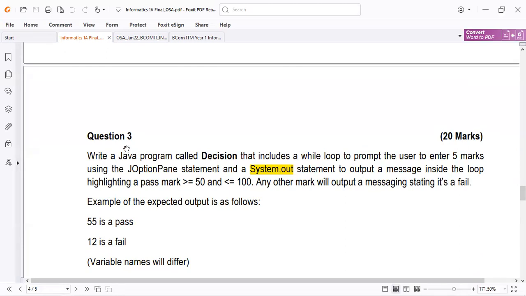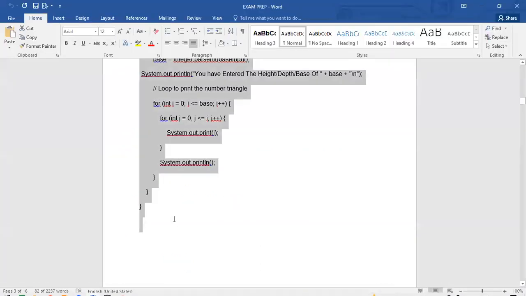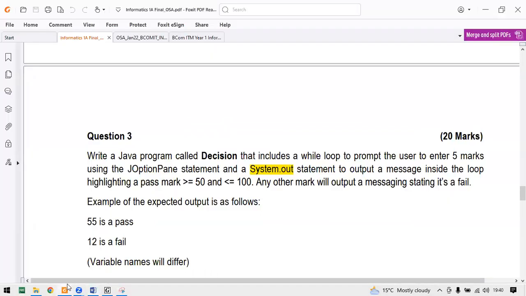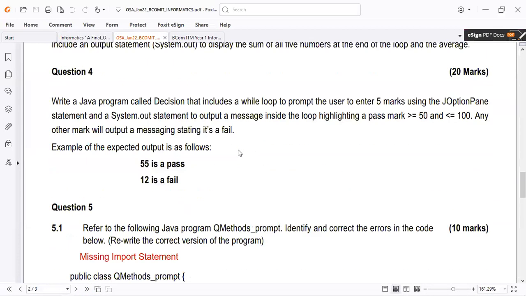Remember when we did the while loop, I'm sure we did this part. Some of you can agree with me, we did question number 3.